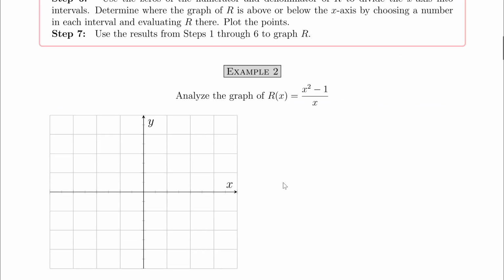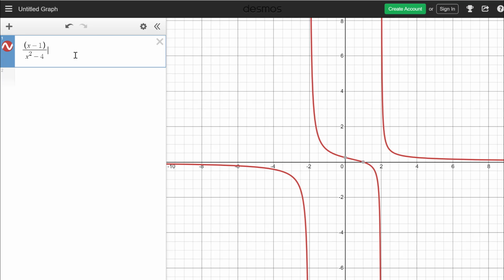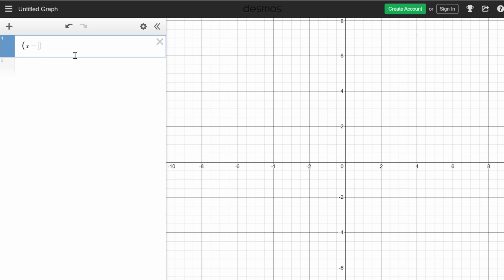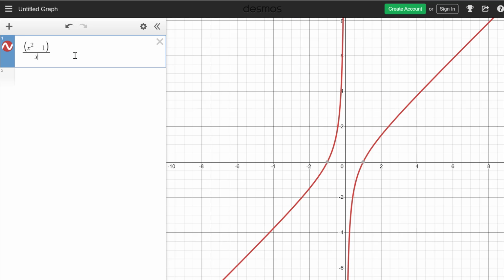Example 2, it's x squared minus 1 over x. So we'll go back to Desmos, and we're going to graph this one. Let's see, it was x squared minus 1 over x, and there's our graph. And we see that this one has two x-intercepts at -1, 0 and +1, 0. It also has an